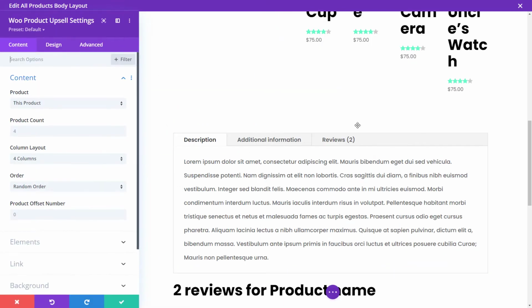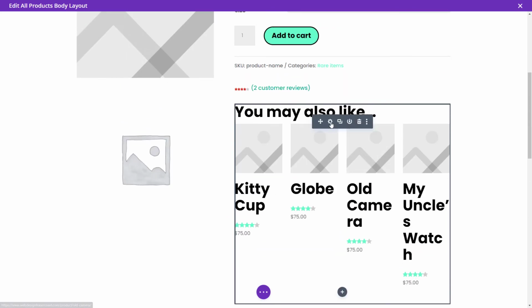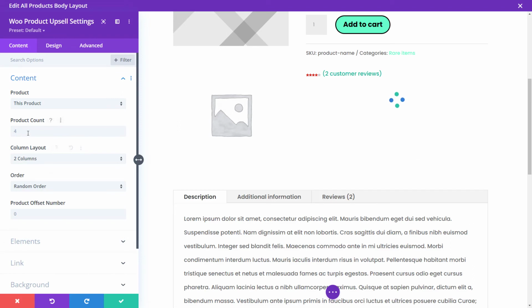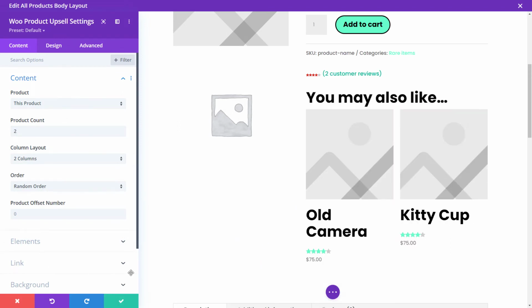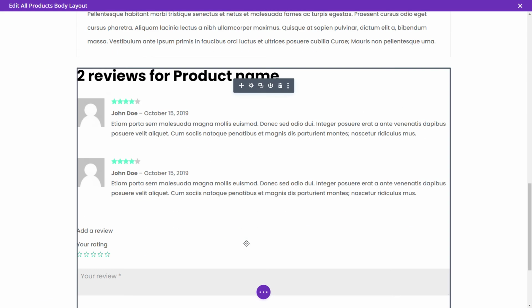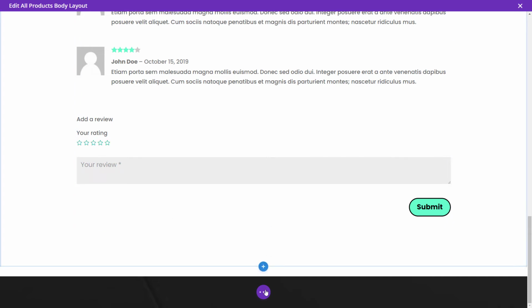So we've got Woo product upsell. Now at the moment, that's a bit jammed with the 4 photos and the 4 images in there. So we're just going to go down to 2 columns, 2 products, click tick. So you may also like, so we've got a few options on our page now. And you sort of get the idea. Now, if I want to save this,